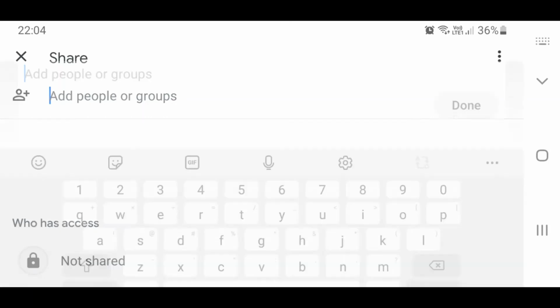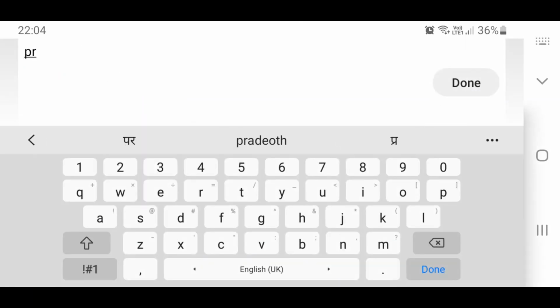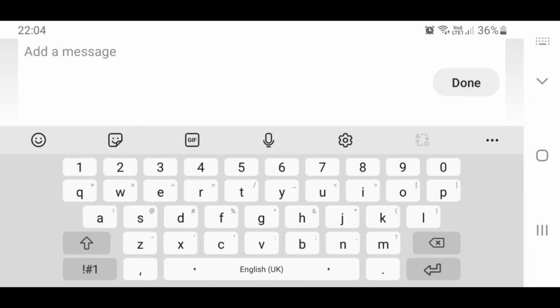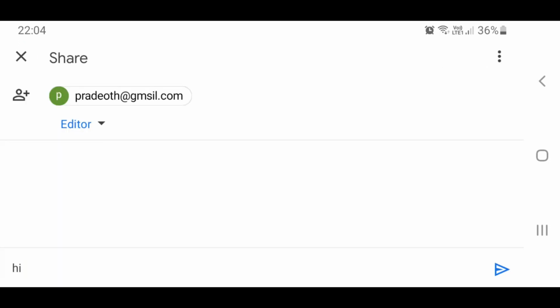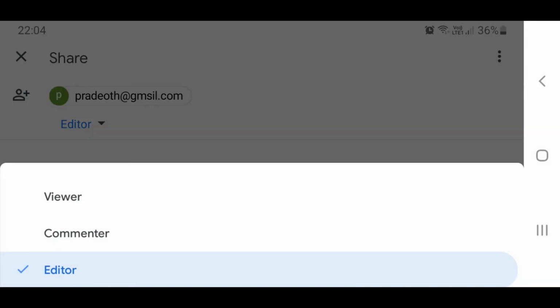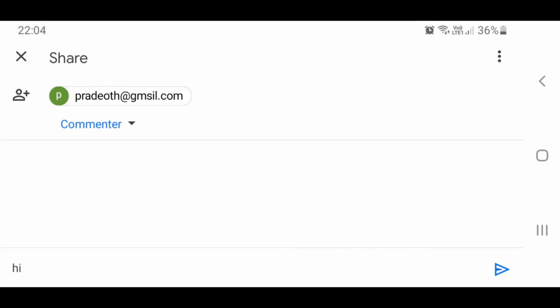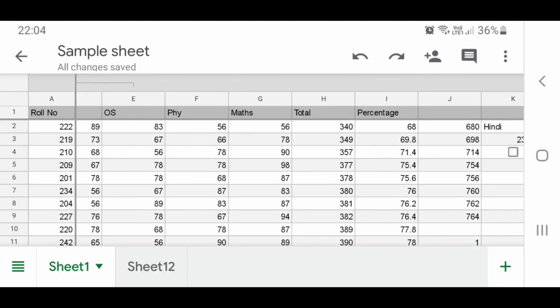You can type the name of the people who are going to share. You can store the address. If I want to share it with a particular mail ID, I can give the mail ID, what message I want to give, and I can select what editing powers or what sharing capacity I'm going to provide the person. It can either be a viewer, commenter, or an editor. If it is assigned as an editor, that person can edit your document. If it is a commenter, he can just comment on your content, and if it's a viewer, he can just view the document. No corrections can be possible.